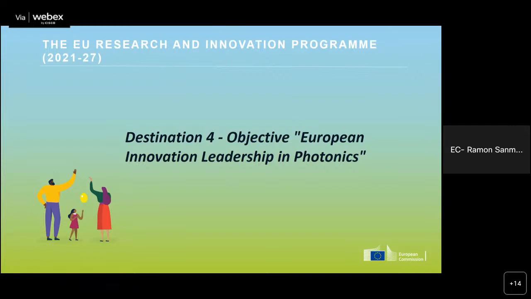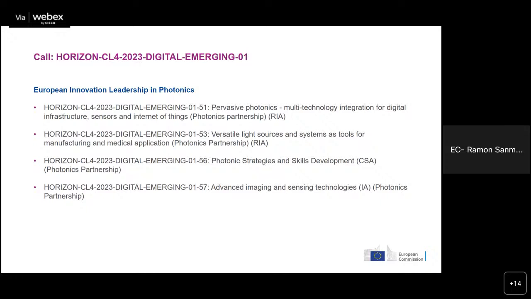So if we go to the next slide, please. These are the four topics for the upcoming call in Photonics. As Ramon already said, they are initiated by the Photonics partnership. So if you want to have more information on the Photonics partnership, please go to photonics21.org. There you find all the information. But now I go directly to the